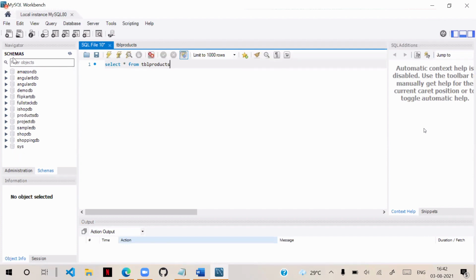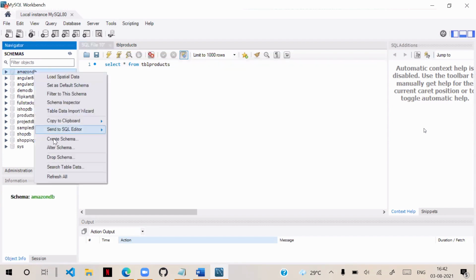You see the schemas category. In the schemas category, you will have all the databases. So you need to create a new database and work with it.